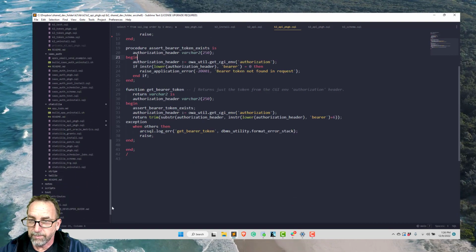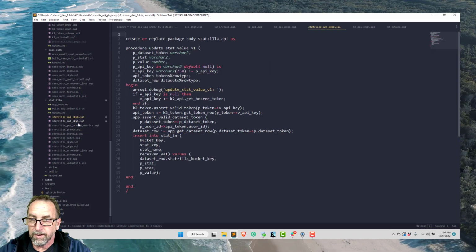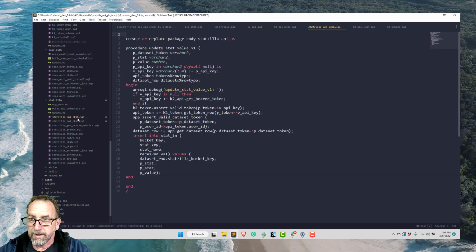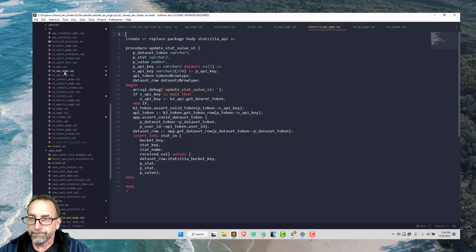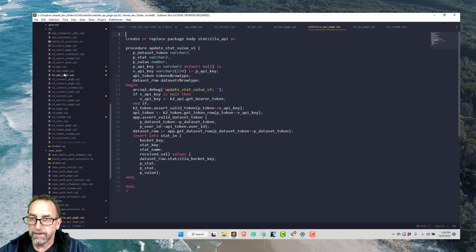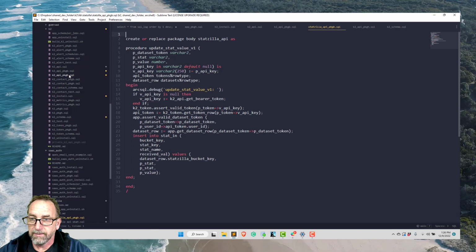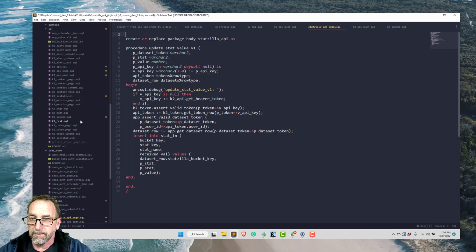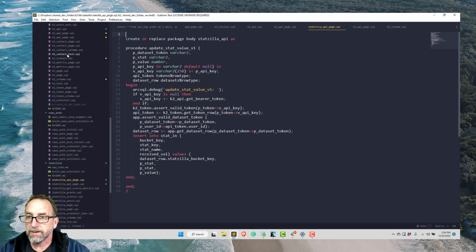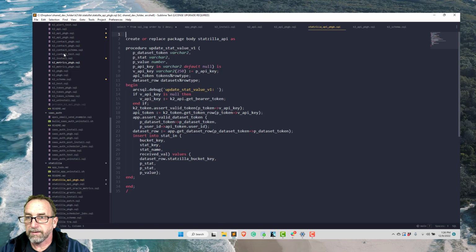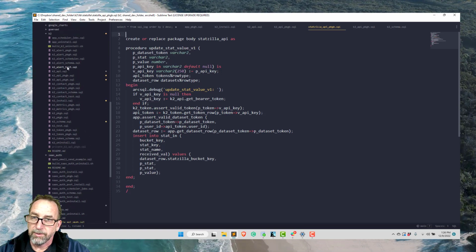What is up next? Let's go back down to Statzilla, and so where do we want to put the API? Do we want to put all of the API in here? This is going to get really big if we put all the API in here. So I'm thinking, if I was going to do an API for contact, I'd probably do K2 contact API and have it right there. So I think we're just going to do a new file.